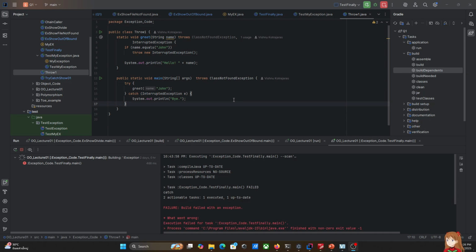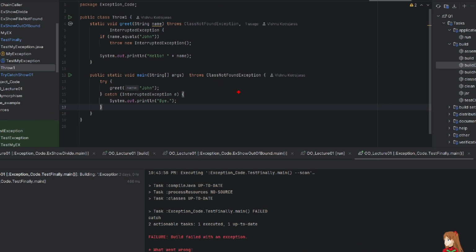Alright? So you must somehow acknowledge to the system that you know that you're not going to be dealing with the exception in this current method. Alright? For example,